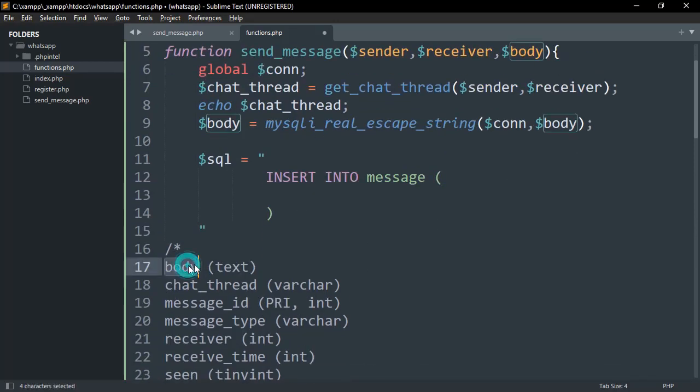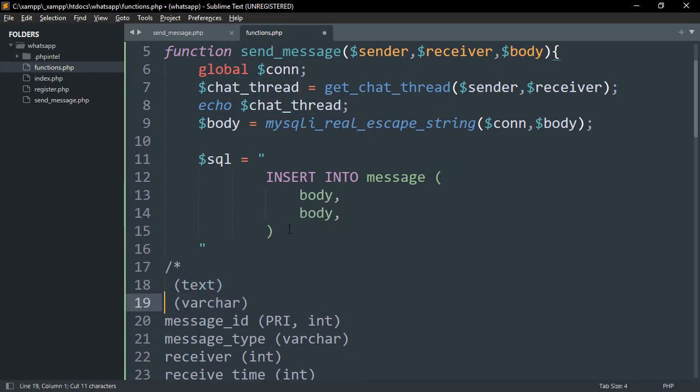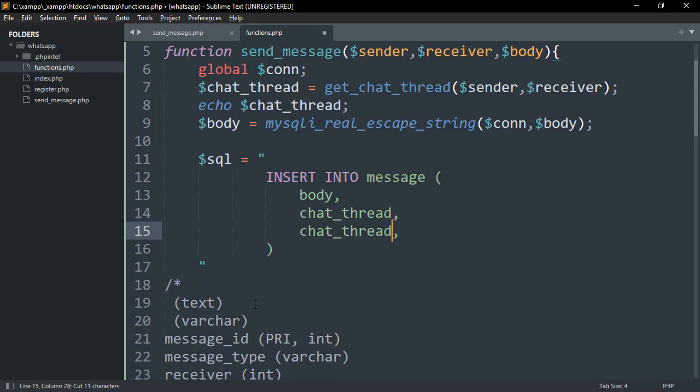We want to insert the body, comma, the chat thread, comma, and the message ID. The message ID will automatically increase, of course, so we don't need to get that, we can leave it. Message type,